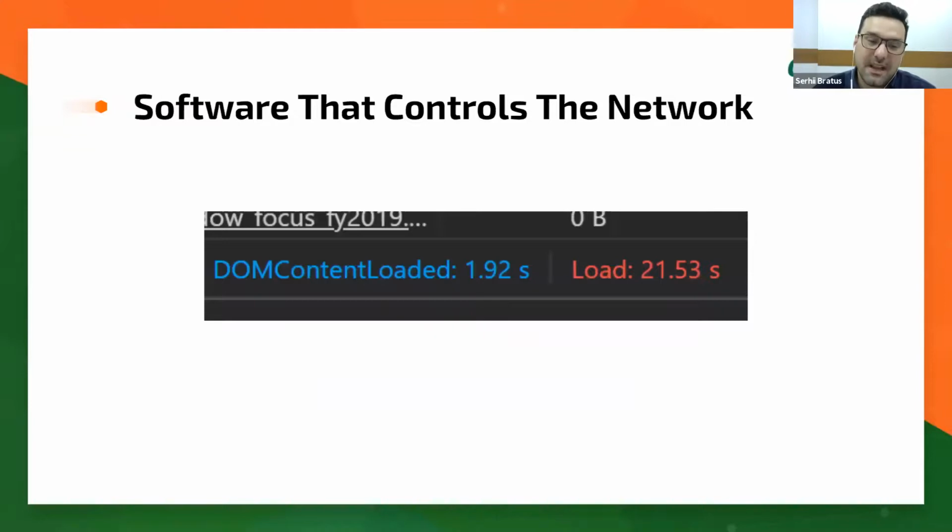Also, on the same page, there are a few fields, DOM content loaded and load, which is actually the time for loading the DOM and loading the full page. Those are really high-level estimates of whether the network is working fine or not, because you can do one little change and these numbers, the DOM content loaded and load, can grow 5, 6, 10 times, etc.